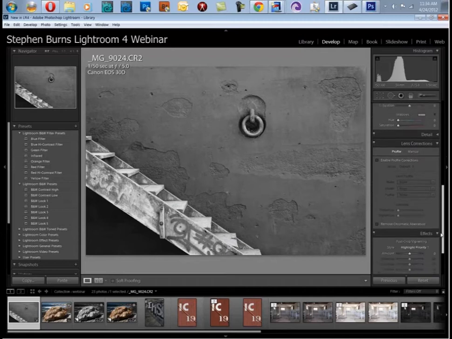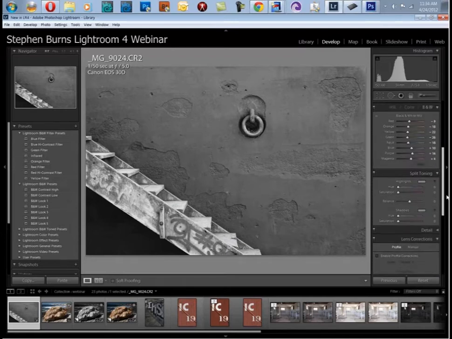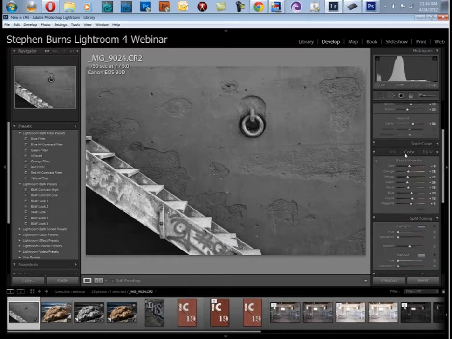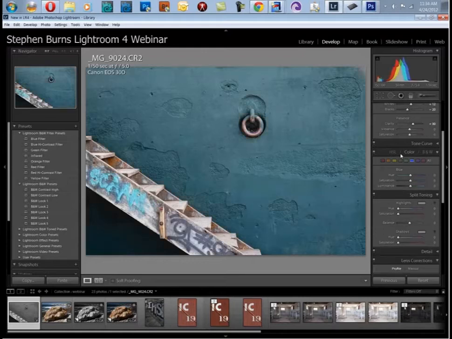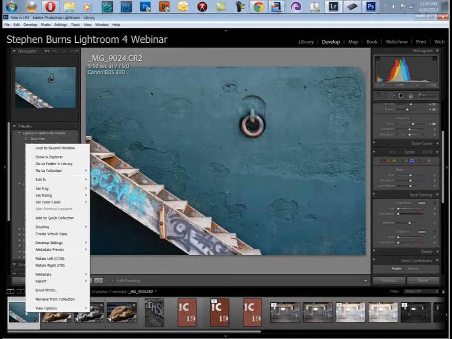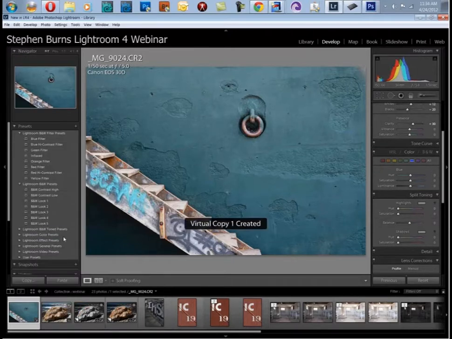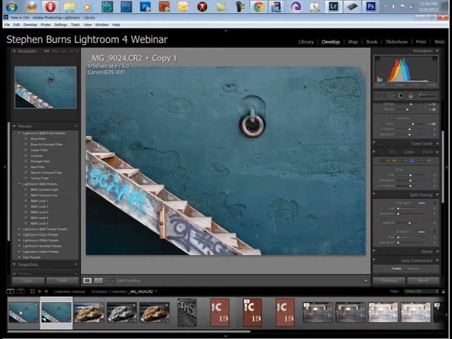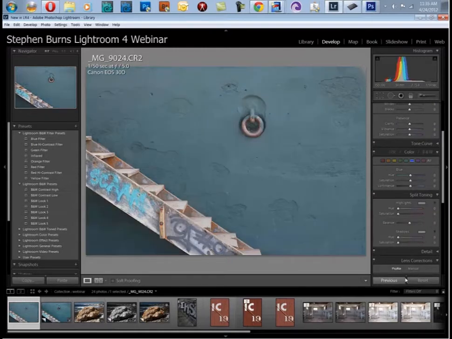I'm going to stay there, come back down to my color tab, go to the color version of it. There we are. I like the way that looks. Once again, what I forgot to do was make a virtual copy. No big deal. Right-click on it, create a virtual copy. There it is. Go back to my original and simply reset it so we can just do a before and